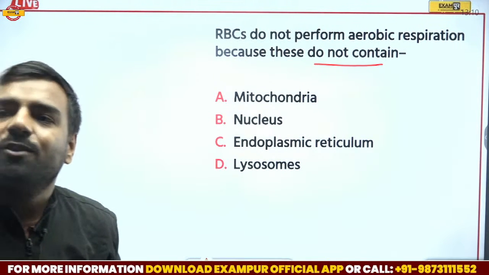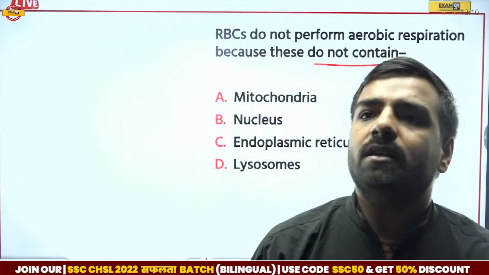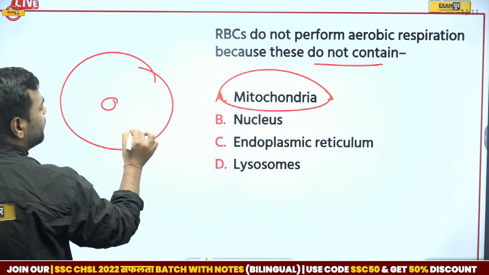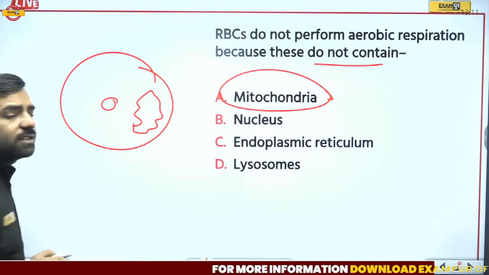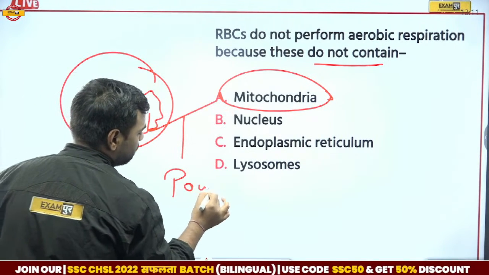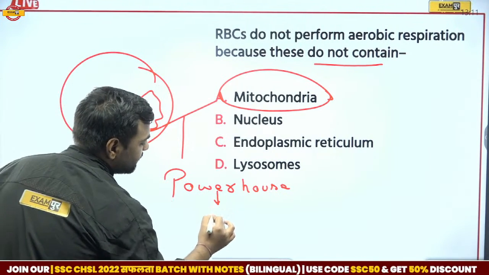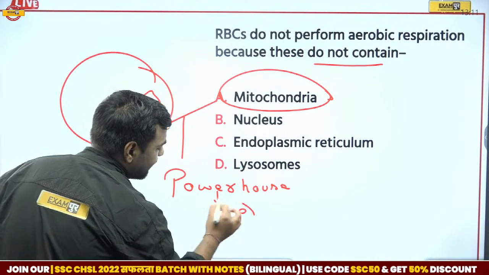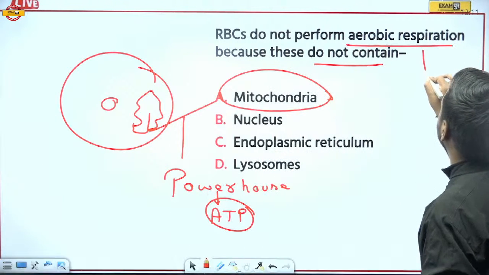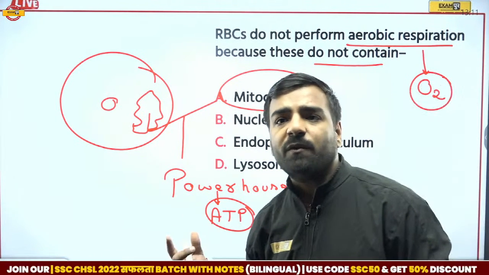Yes. Acha, you are talking about apes. If I talk about apes, beta, apes are actually birds, right? So yeah, totally correct. See, what is this mitochondria? If I talk about a cell, within a cell we have certain parts which are known as cell organelles. One of them is mitochondria, which is also known as the powerhouse of the cell. Why? Because it is generating energy in the form of ATP, that is adenosine triphosphate. And when we talk about aerobic respiration, that means the respiration in which oxygen is used, where energy is produced in the form of ATP, right?